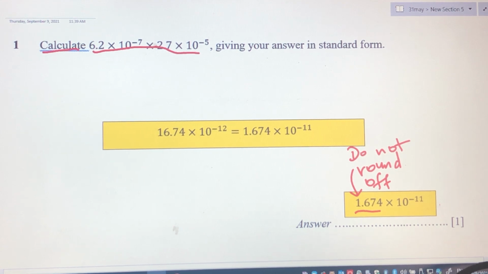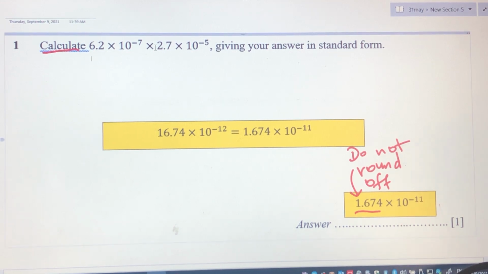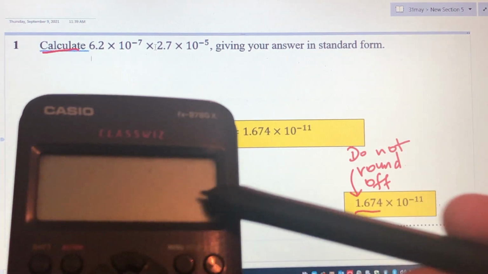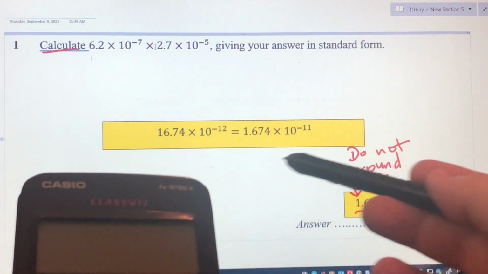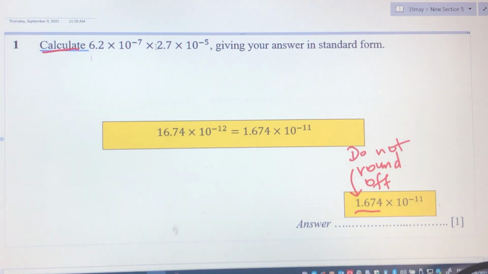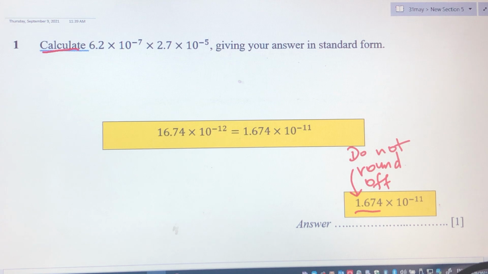Actually, this question, no big deal. If you were to press your calculator, right? Okay, those who have not gotten this question correct, you just press your calculator, right? Exactly, you get this answer coming out. So all you have to do is to transfer whatever you have in your calculator to the blank space here. But what many of you did is you go and round off to